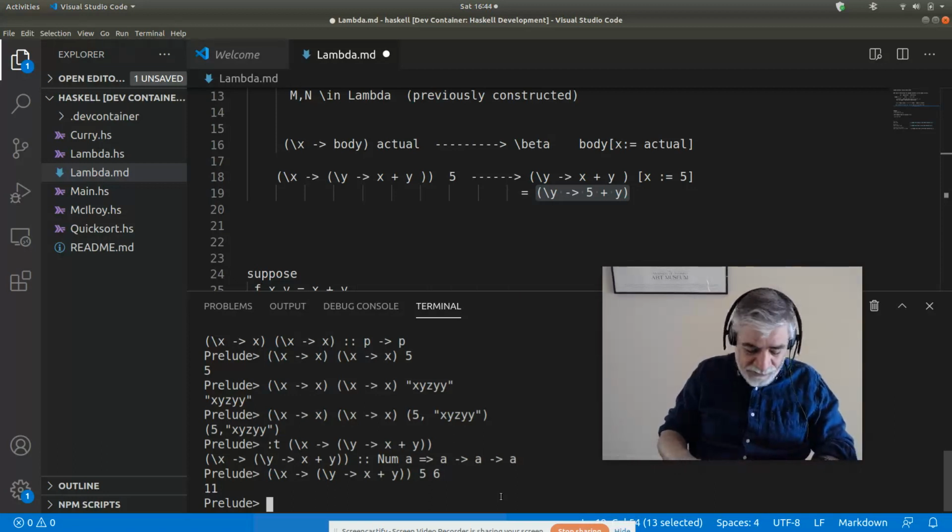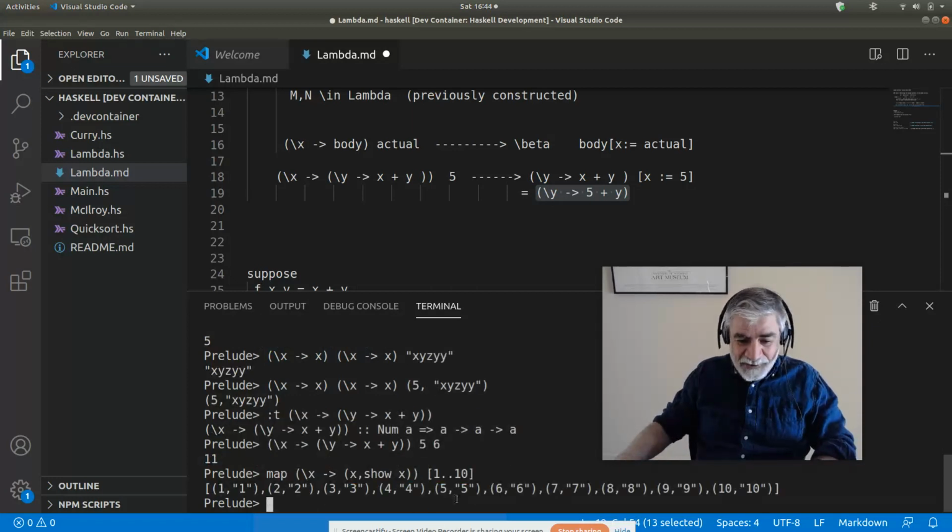So a lambda expression is a way of defining a function without giving it a name. And we're going to see that this is really useful in some cases. Like map is a function that takes a function, and let's apply this to a list of 1 to 10. And so it gives you back a list. So what happens is map applies this function, which doesn't have a name,